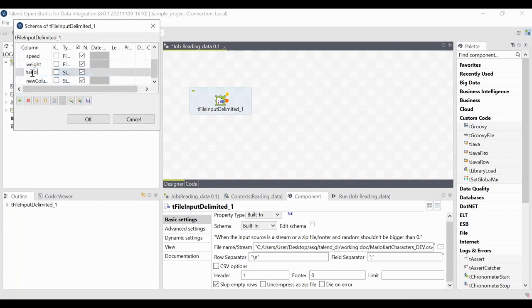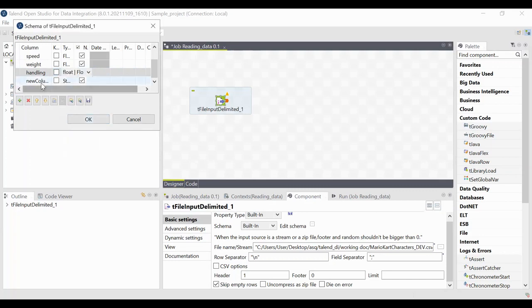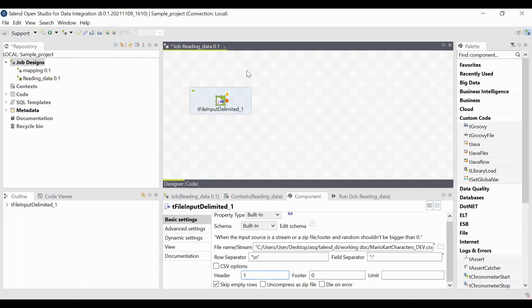This column, handling, is also having decimal data, so I'm just using the float data type. And the last column is environment, so I'm just using ENVI. I'm using the data type as string because it is a string data type. Then just give OK after that. So now we have loaded all the schemas over here using the edit schema, as well as we have loaded